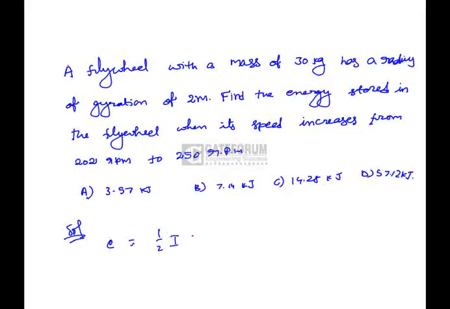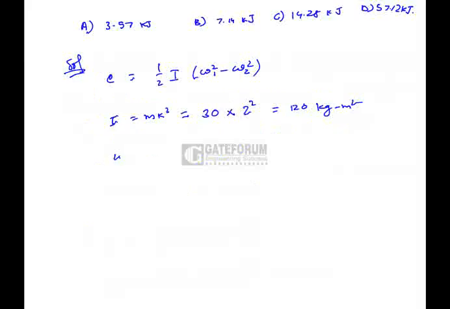That is, the increase in energy stored in the flywheel is E equal to half I into omega 1 square minus omega 2 square, where I is equal to m k square, the mass moment of inertia, where m is 30 kg and k is the radius of gyration, that is 2 square. Here it is 120 kg meter square, and omega 1, the final speed, is 2 pi into 250 by 60, which is equal to 26.18 radians per second, and omega 2 is given by 2 pi into 202 by 60,